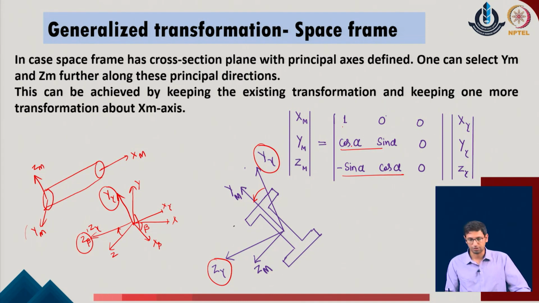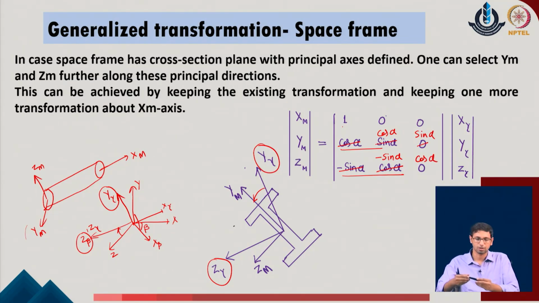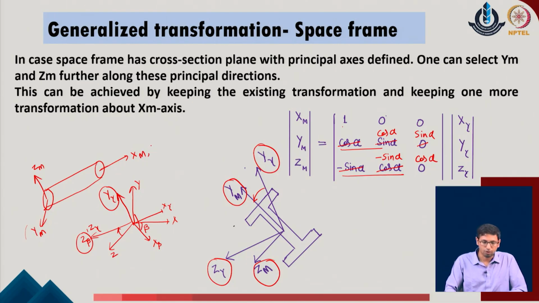So, I will be placing the given system similar to the one which we have defined in the previous case. I will just modify it so that this is cos alpha, this is sin alpha, this is minus sin alpha and this is cos alpha in the given system. So, about the axis x of m, we just did this rotation of the given system from the y of gamma and z of gamma plane to the new planes which are y of m and z of m. While doing it, the axis which is x of m or x of gamma remains the same, that is not changing for the given problem.